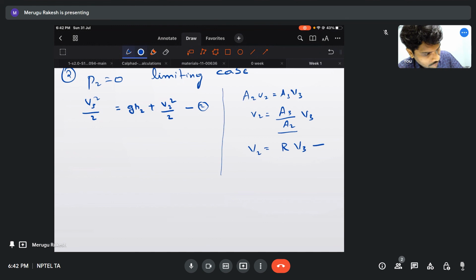And denote this equation as equation number 3. So what I did is I have applied the continuity equation between point 2 and 3, and I have got a relation between V2 and V3. That is, it is like the ratio of the area. So now from equation 2 and 3,